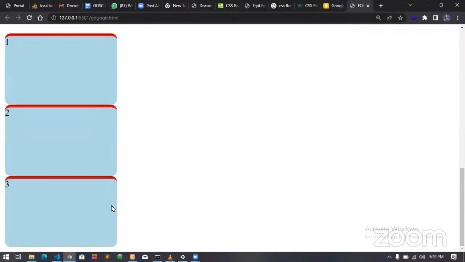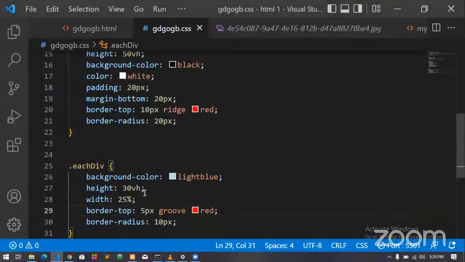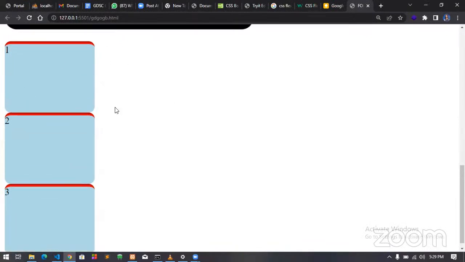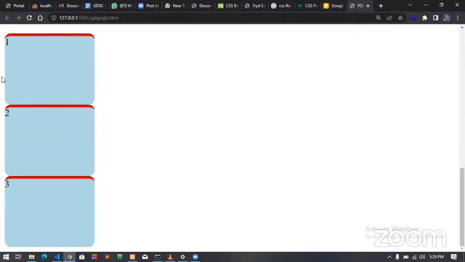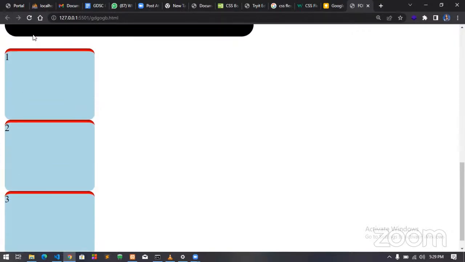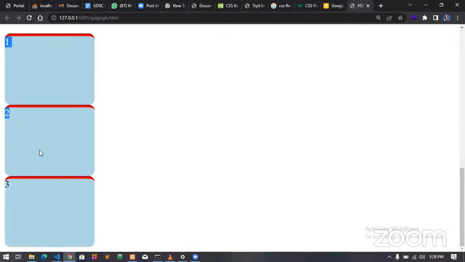Now, this is a block level element, and they're literally staying on different lines, and that's not what we want. We want them to stay beside each other. Imagine you're building an e-commerce website and you're showing different images of what you're selling in your store, and they're just staying on different lines like this, and all this space is white. Your user is scrolling, and like, who developed this thing? So there's a way you can place all these things beside each other.